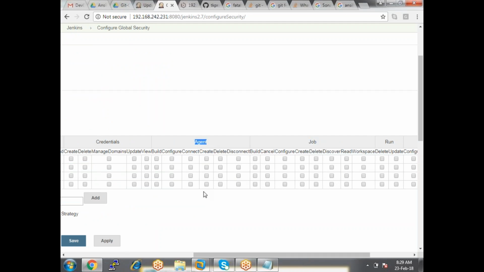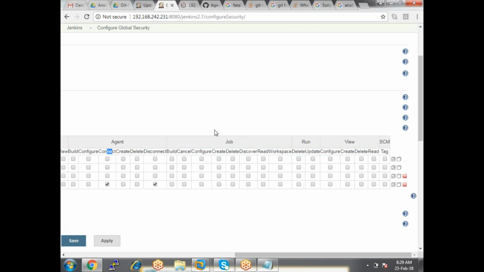Now, this user, what he can do is, just give him okay to configure, not to configure. I don't want to give, just disconnect. And then no delete, connect, disconnect. So two options, disconnect and then connect. You can connect it or else you can disconnect it. That's one thing.